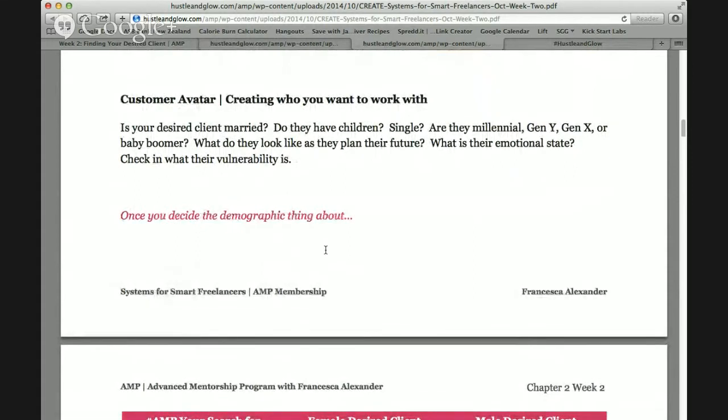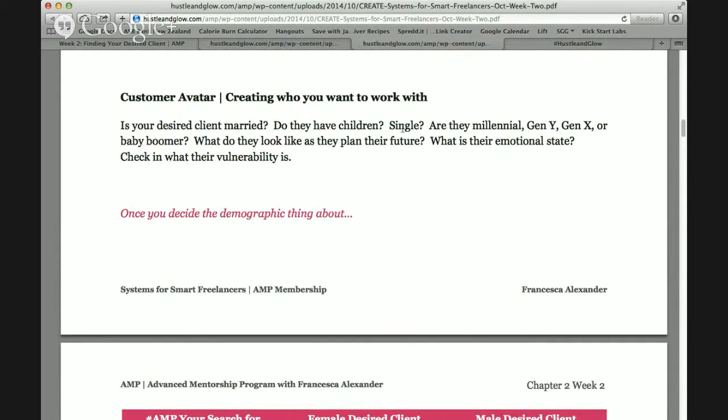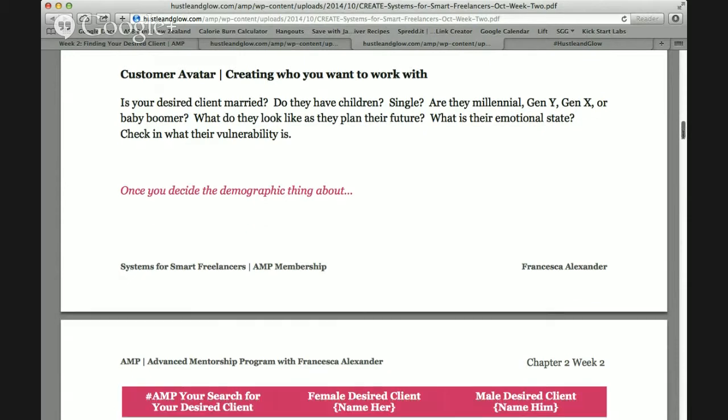Okay, so here's the customer avatar, creating who you want to work with. And we go into a lot of questions of who they are, what generation are they, how are you going to add value to that particular generation? What is that desired client, what do they look like when they plan their future? Like really getting into the consumer mindset of who they are and what they want with your product or